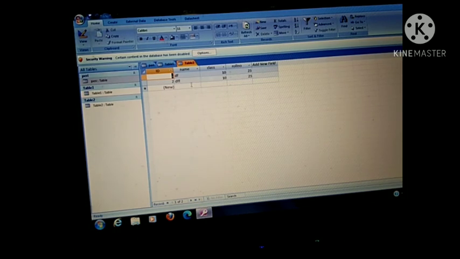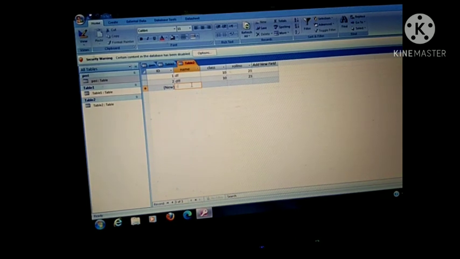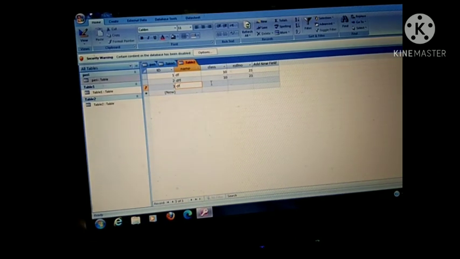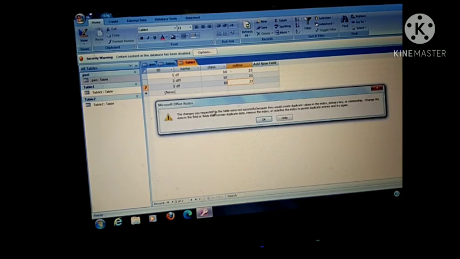Now children, I want to give a duplicate value in this primary key. You will check, it will not accept. I am writing DF. I am writing here 10. I am writing here roll number 23. Now when I insert a new record, as soon as I click on new, one error will appear. The changes you requested to the table were not successful because you will create a duplicate value in the index primary key field. It means I am inserting a duplicate value there, so it will not accept this value.